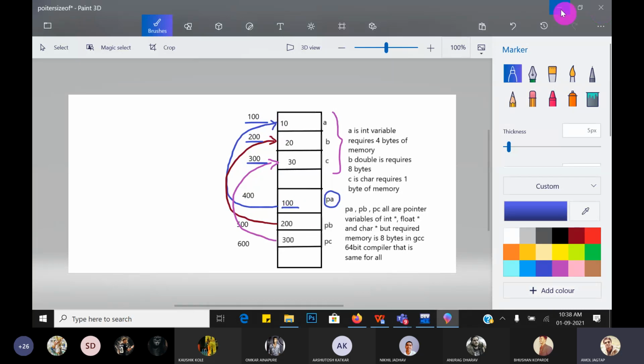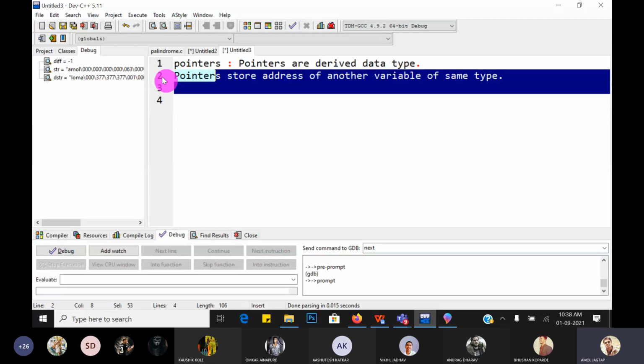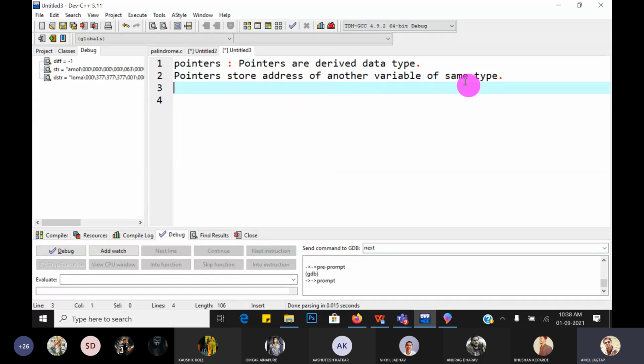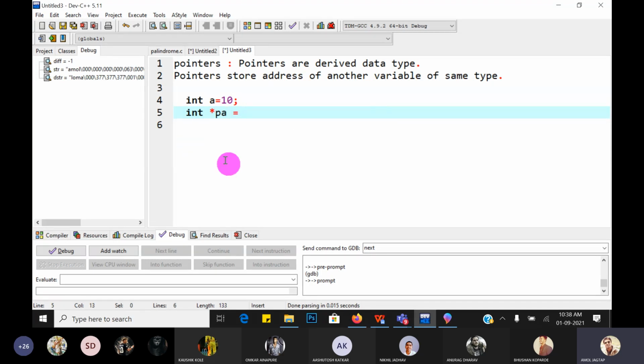Okay. Now move to the pointers. What are pointers? Pointers store the address of another variable of the same type. What does that mean? For example, if you want to store the address of an integer variable, suppose int a is equal to 10, and I want to store the address of the int variable, I have to create one pointer type, that is pointer PA, which stores the address of the a variable. So how?